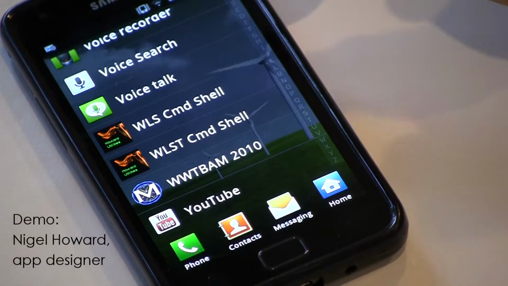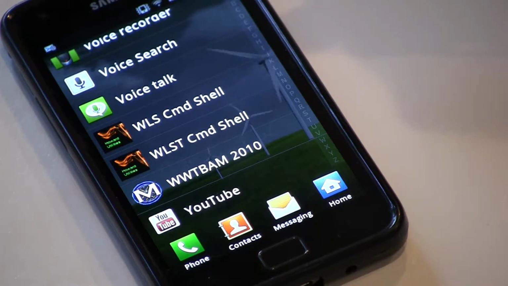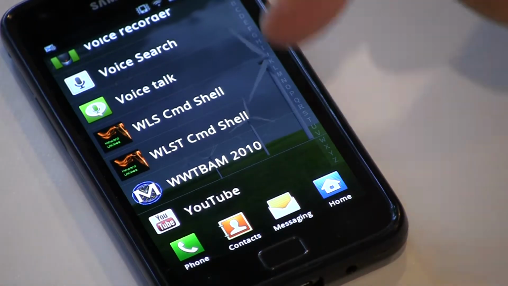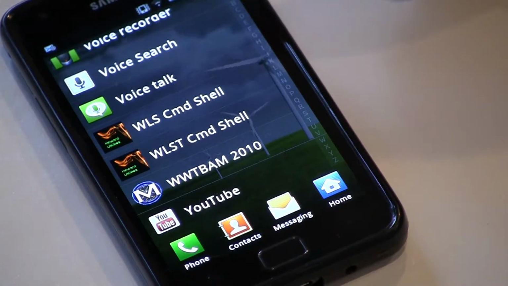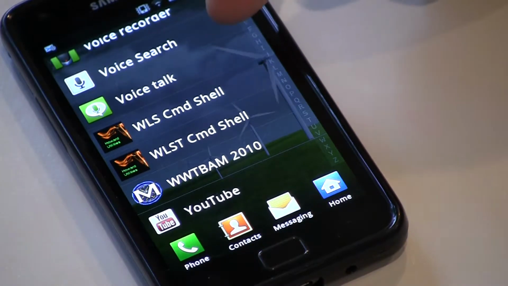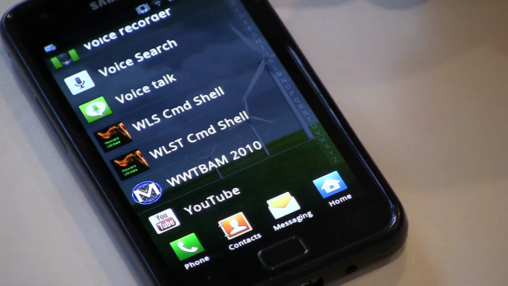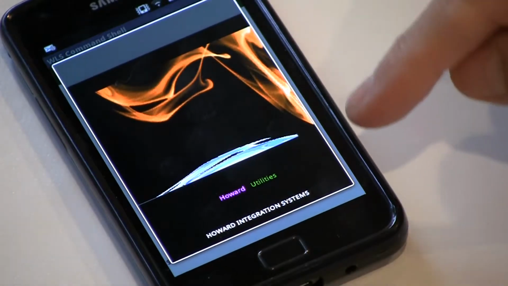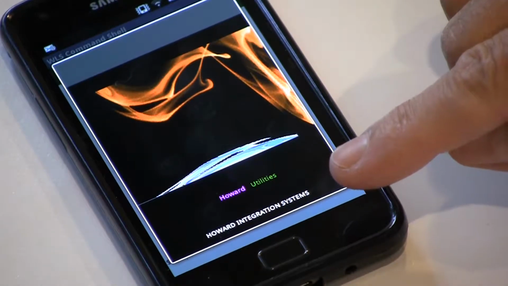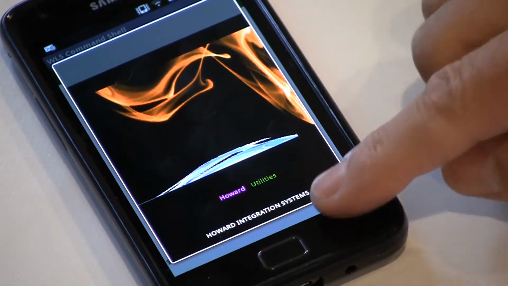You now see the WLS Command Shell application here, one of the HIS utility commands, and here it is already installed on this mobile device. I'm going to select and clear the About screen, and